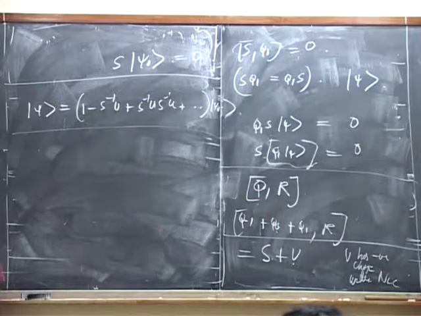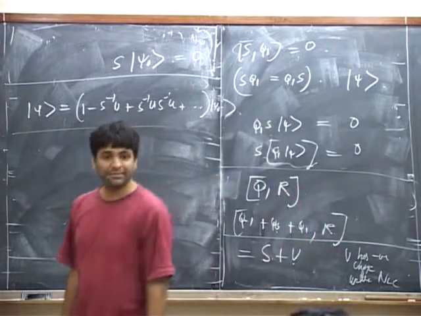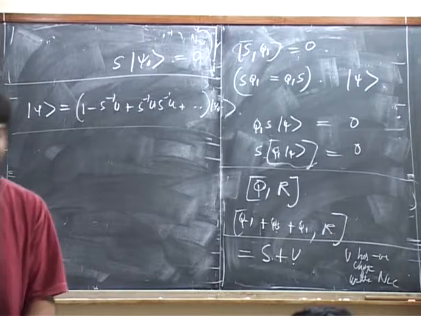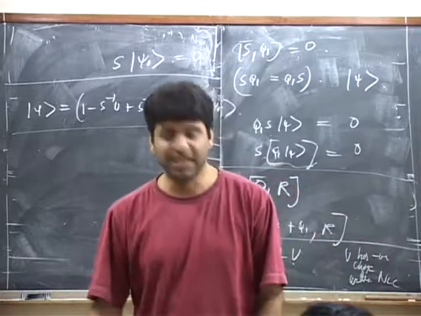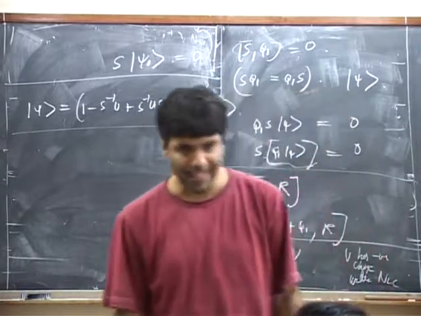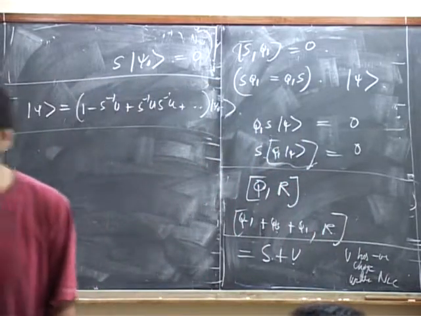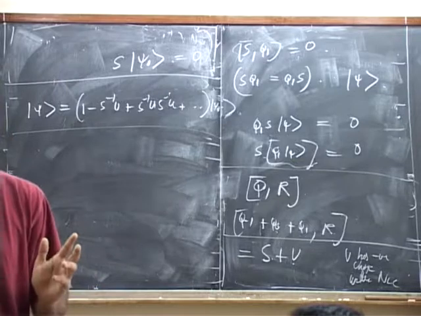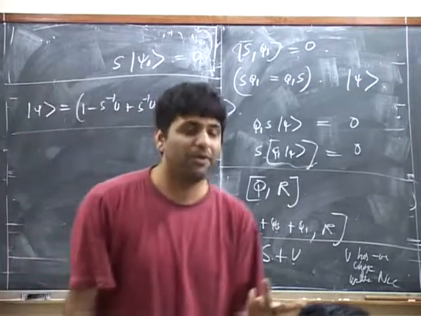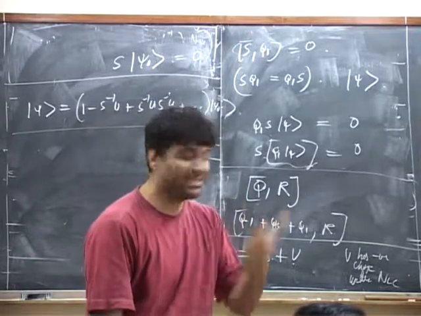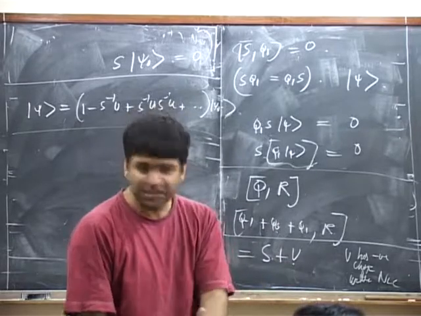And now, abstract arguments. All the abstract arguments that we used before continue to hold. Let's repeat them. Remember that the anticommutator of Q and R was equal to S plus U. So firstly, it follows, by the same argument we used before, that any state with non-zero eigenvalue of S plus U